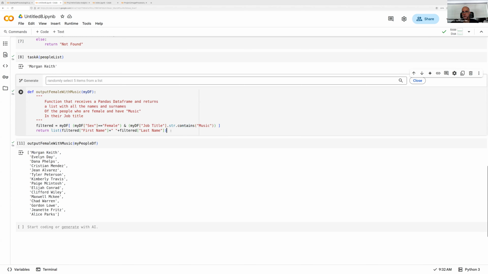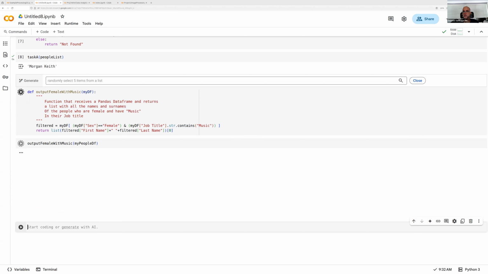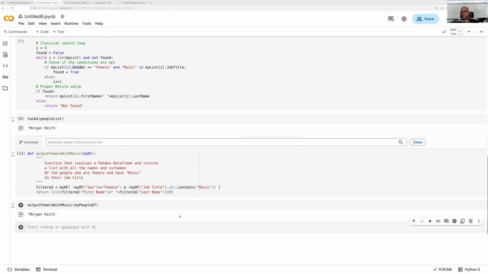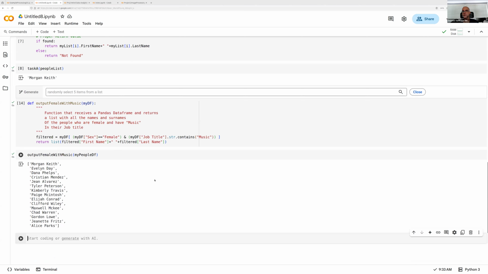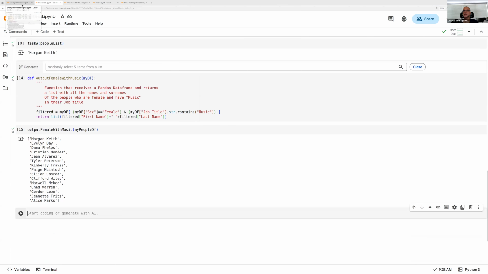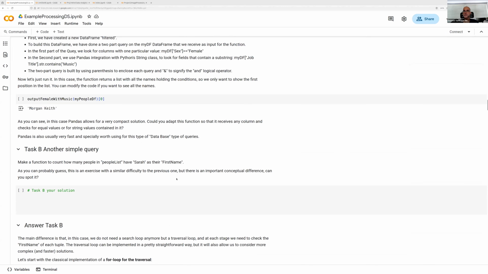If I want to do exactly the same as before, I would probably need to, can I just call this with 0? Yes, I can. Okay, I'm just outputting now the first one. Okay, so a couple of simple solutions. Pandas is very well suited for this as for many, many things. But let's